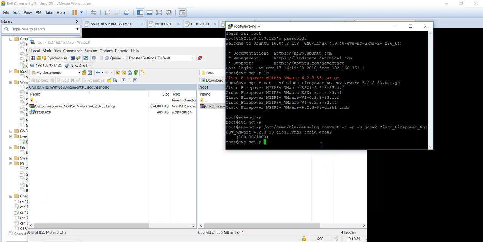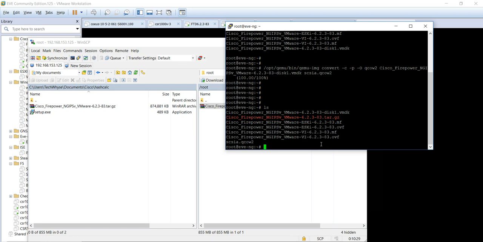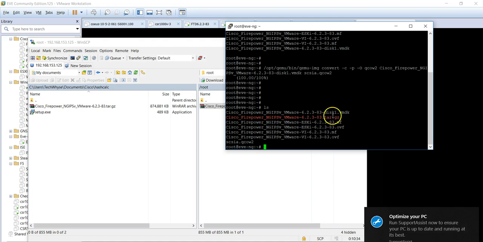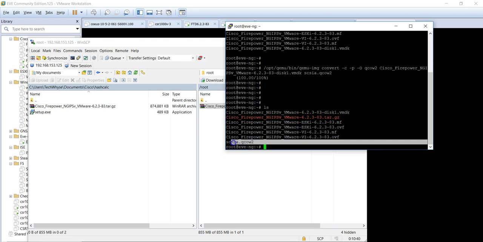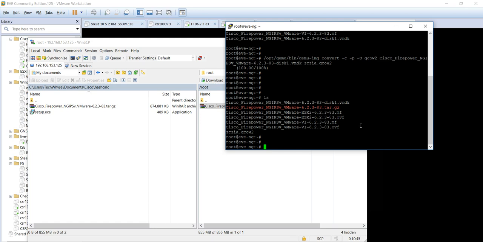So right now we are done with the conversion. Let me run the ls command. You can see we now have the VMDK converted to qcow2. The next thing I'm going to do is create a directory. Make directory, netlab, that'll be firepower-